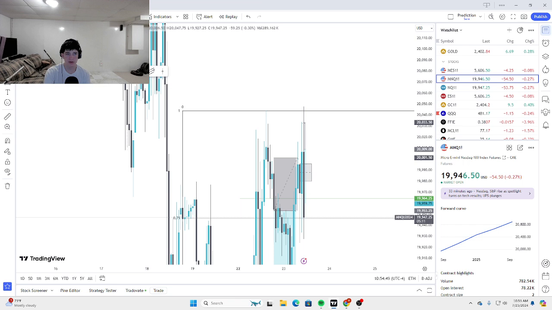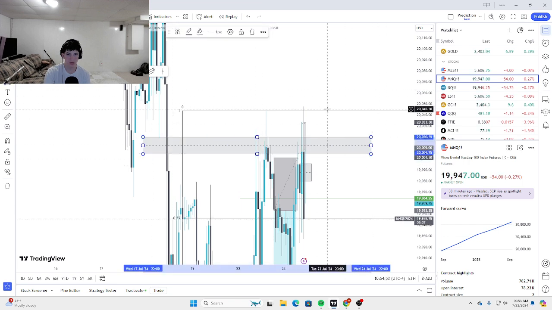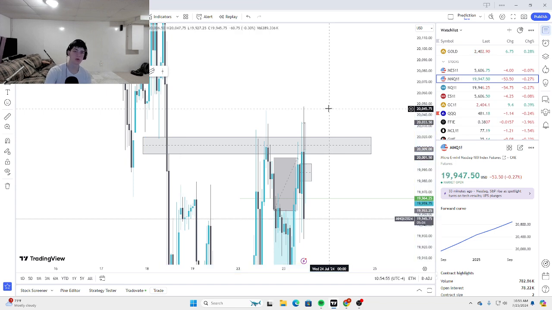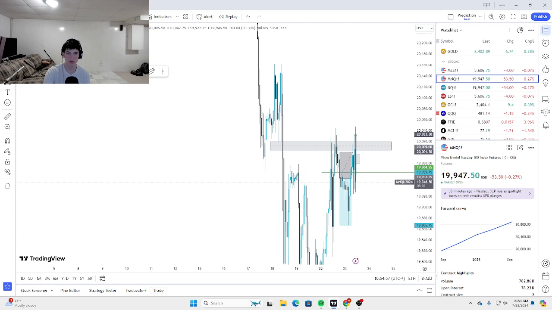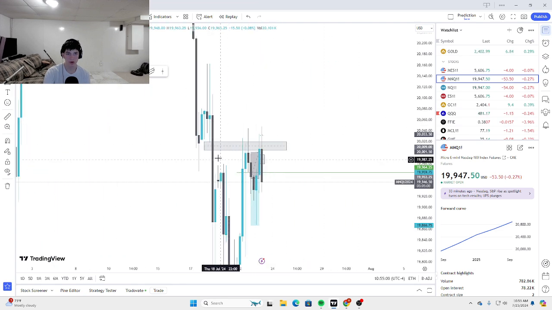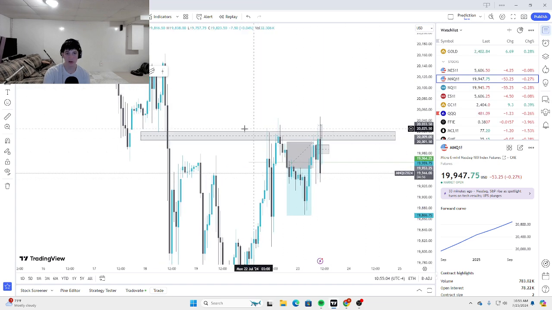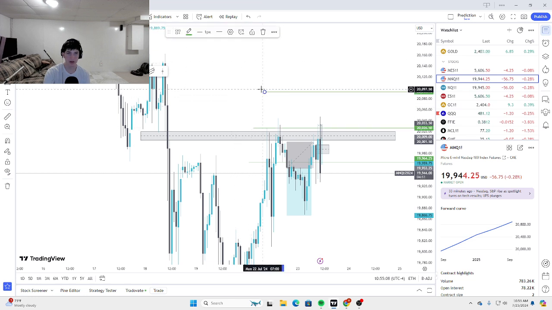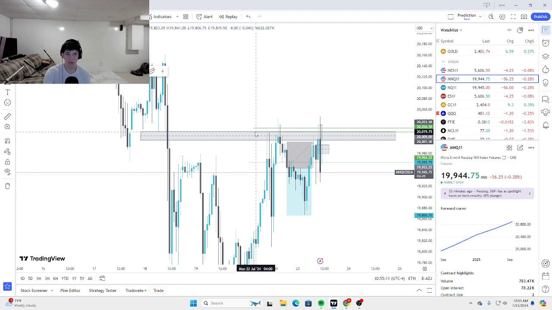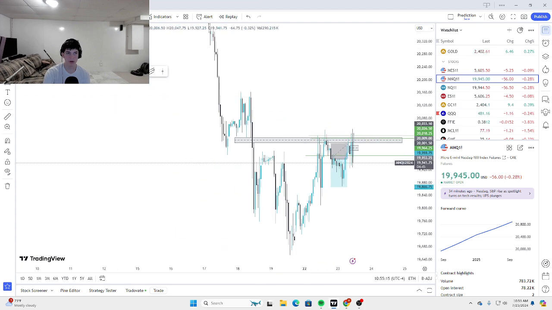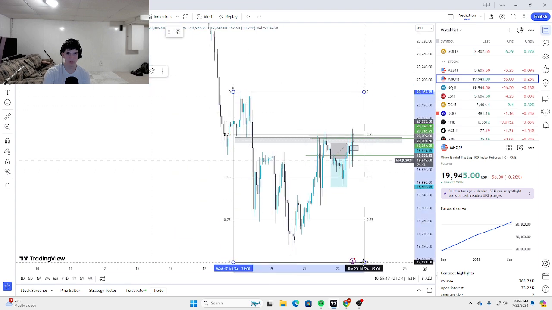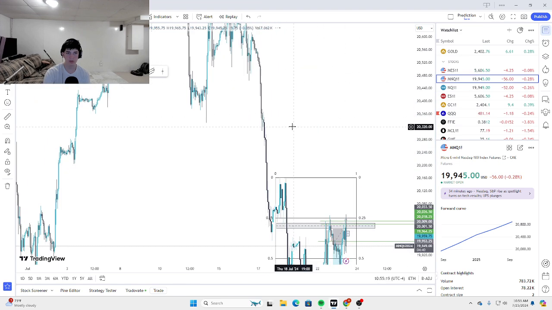Basically for Asian session, the bias was bearish because, as you can see, we're in a 4 hour and hourly imbalance. Just swept these highs here on the hourly. So I'm like, okay, this is actually looking like a decent setup. And also to go with the bias, we're in equilibrium from this movement down.